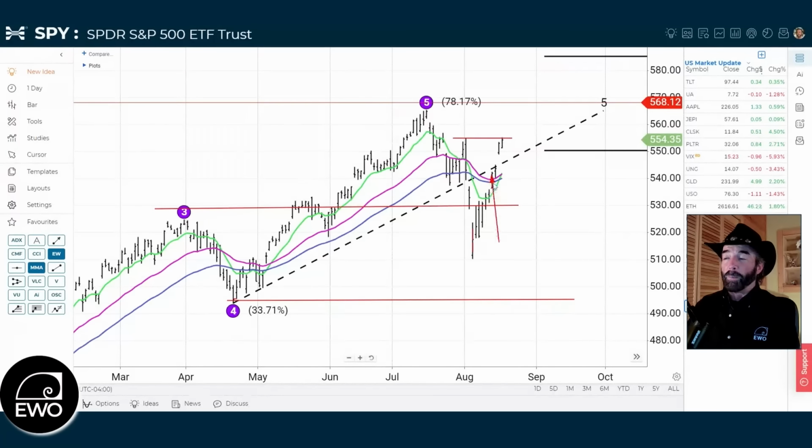No harm, no foul from the unwinding of the yen carry trade. We're right back to where we were before all that concern started. And now we see if we can go higher from here. I think if we continue up, and I do think we need to do a little backing and filling first,